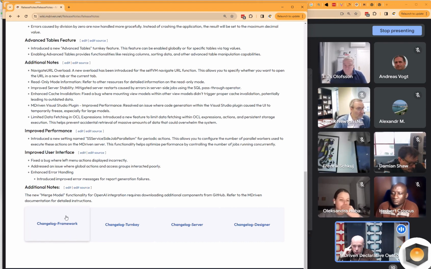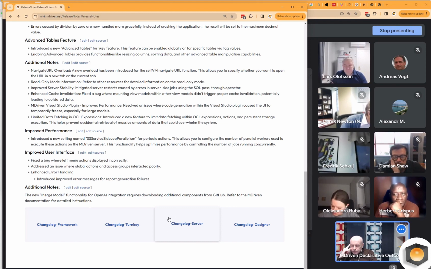The same logic without the code generation is available in the MDriven Designer. And these 2 design tools produce a definition for a structured information system that can be executed straight off in the MDriven server, holding all the data persistent in a database of your liking, from the flavors that we support anyway.